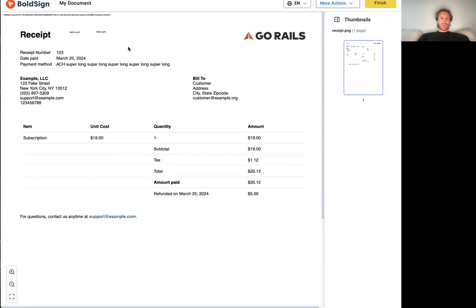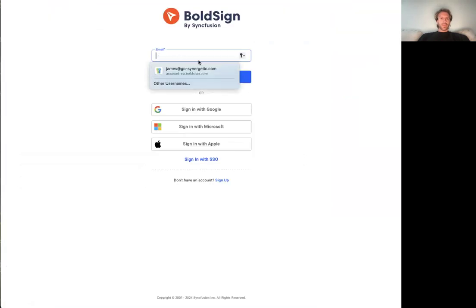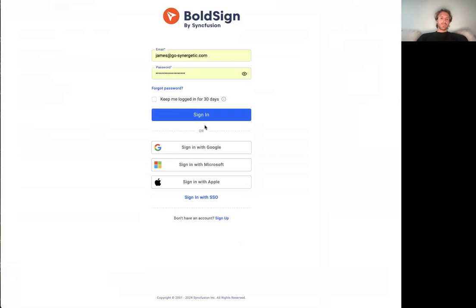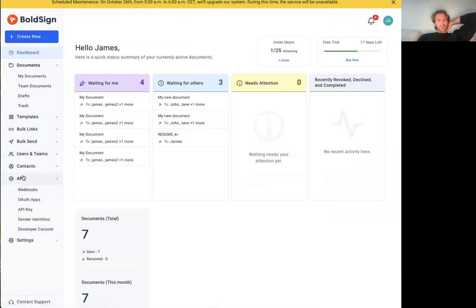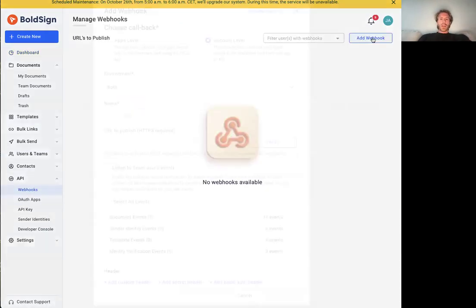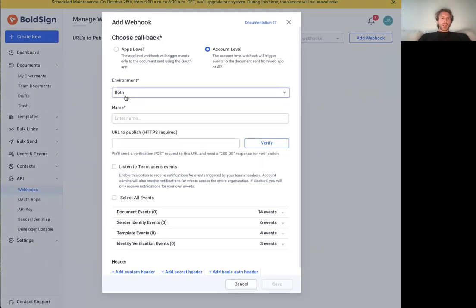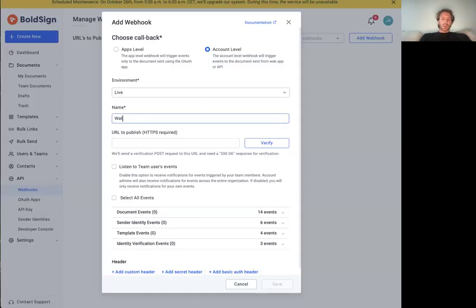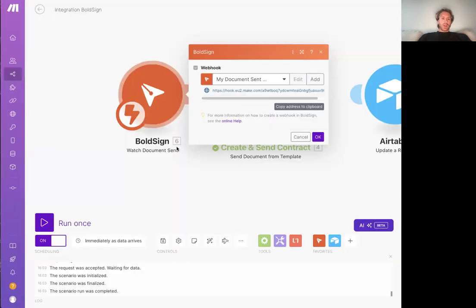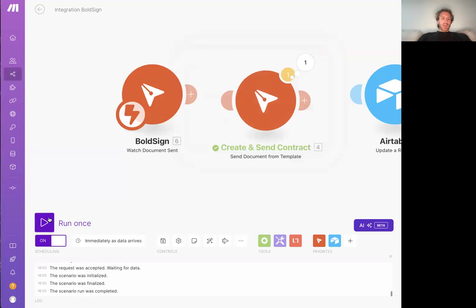Oh, I have to log in again. Cool. Now to set up the webhook, go to API, webhooks, add webhook, set it at the account level, make sure the environment's set to live, name it something meaningful like watch documents sent webhook. Paste in that URL here, and now you are going to have to